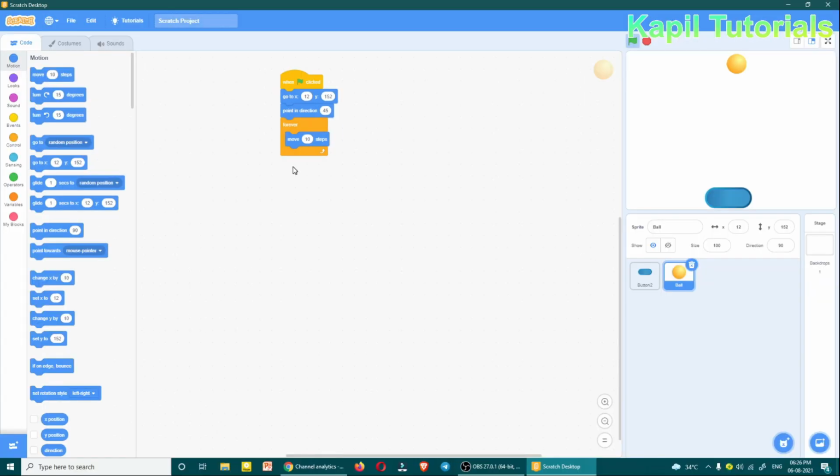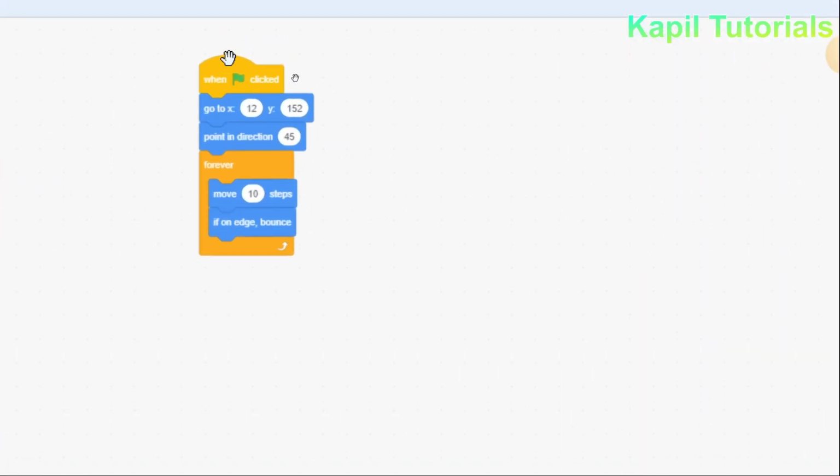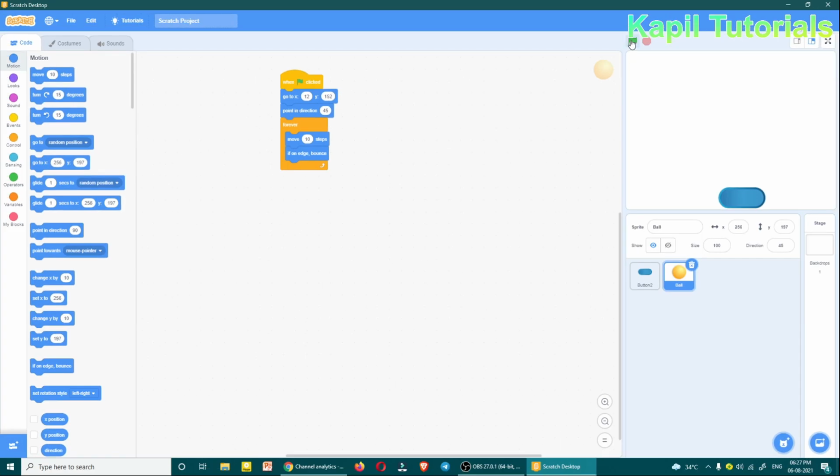I also want that if on edge it should bounce back, because if I run this command, you see here, it's not coming down. So I want that it should come down also. So I want to use the if on edge, bounce command. So I'll use it here. Now let's run. The command is like this. So always it will start from the middle.